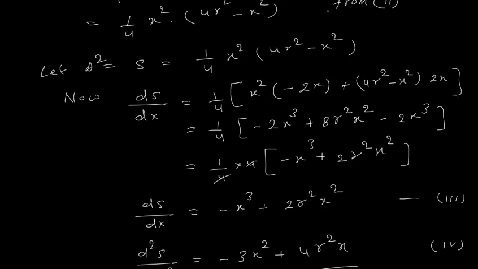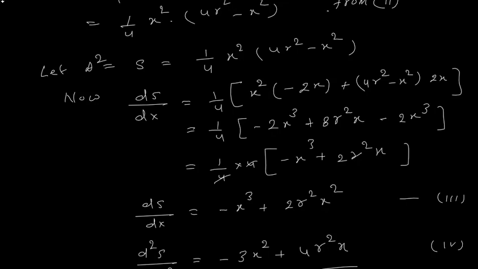Okay. So after that x square into minus 2x. Their product is minus 2x cube plus here 2x into 4r square is 8r square into x. So here we have done a small mistake. It is x minus 2x cube. So here 2x cube is minus 4x cube. I take 4 common. So it is minus x cube plus it is 2r square into x. So this is not x square, this is x.